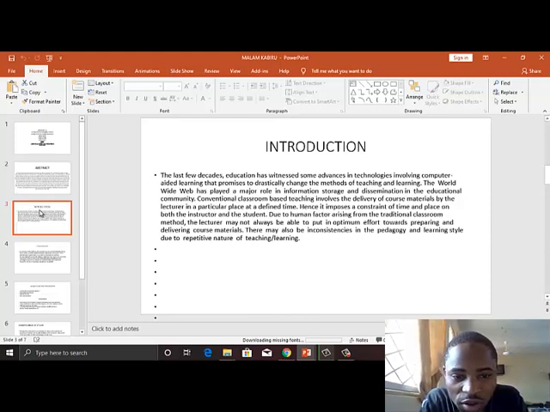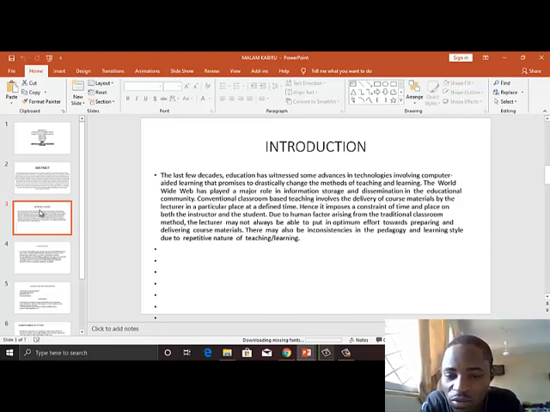In the last few decades, education has witnessed some advances in technologies involving computer aided learning that promised to drastically change the method of teaching and learning. The worldwide web has played a major role in information storage and dissemination in the educational community. Conventional